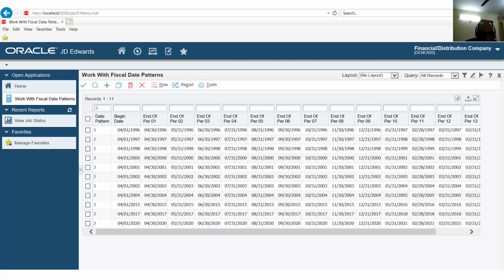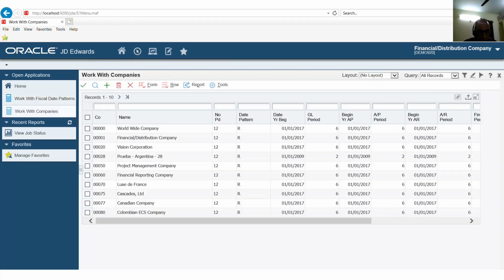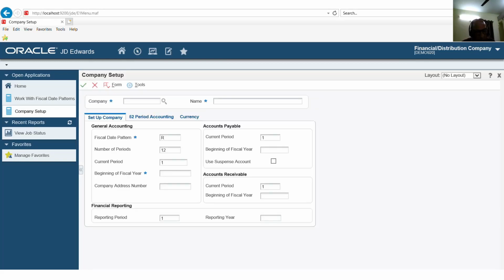If I want to create a company for a different year, then the system will definitely ask for a year. Let me tell you, in P0010 I want to create a company. The company name is Rajkumar and Company Limited.